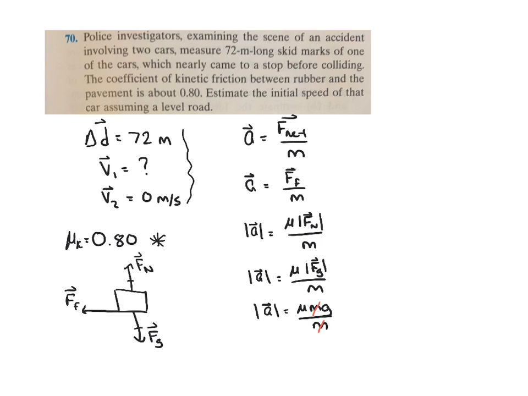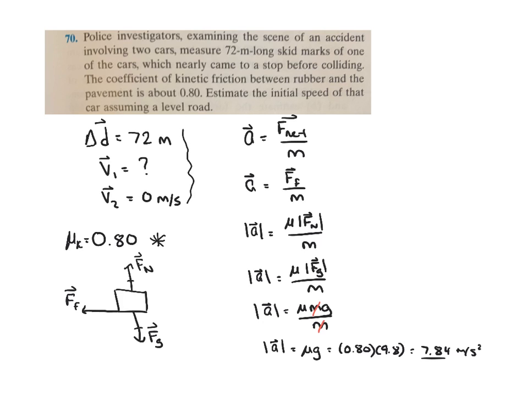So my acceleration is actually equal to mu times g. Okay, so that's going to be 0.8 times 9.8. And I get 7.84 meters per second squared